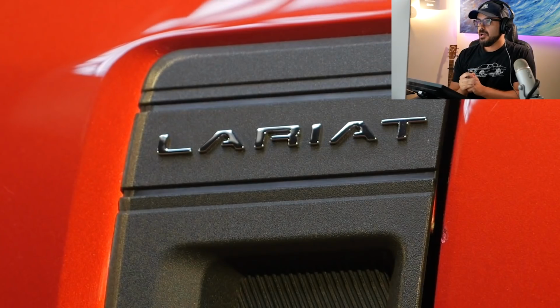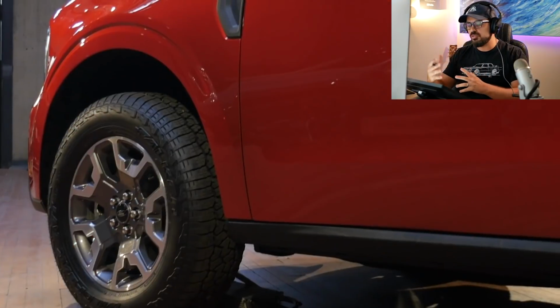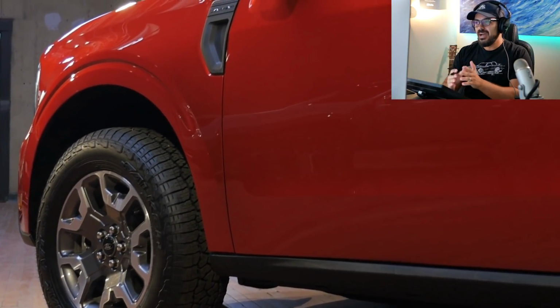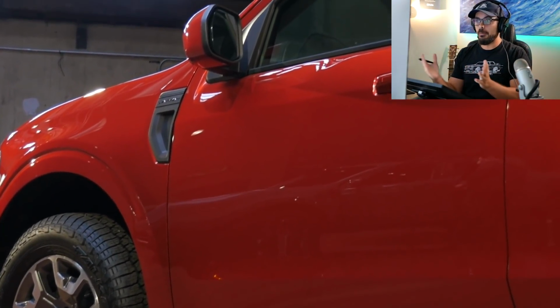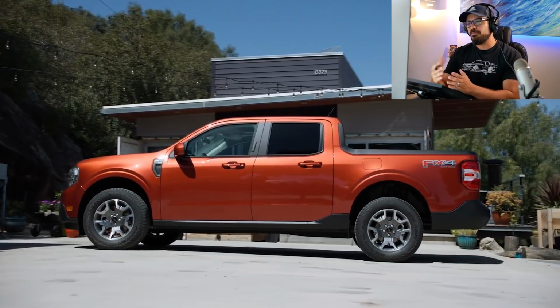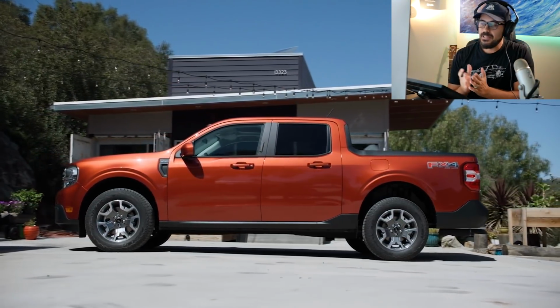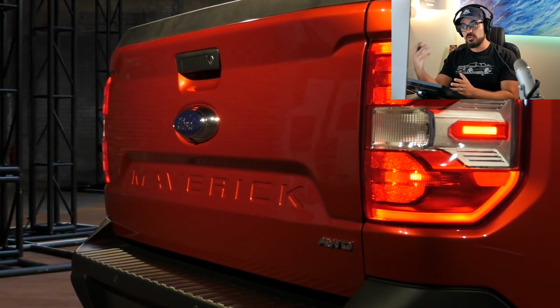So I'm from Sweden, and the Ford F-150 in Sweden would be equivalent of a tank. It feels massive over there. It's a great truck, but I would be using maybe 20% of its potential at most in my day-to-day activities. I don't need all that space and mass to haul my beach gear or bike. I need something smaller, more fuel efficient, and something that won't break the bank but can still get the job done. And that to me is either the Ford Ranger, which I've been a huge fan of for a long